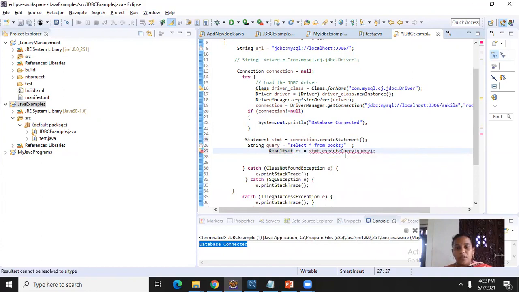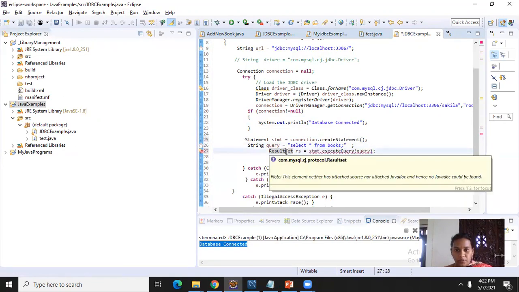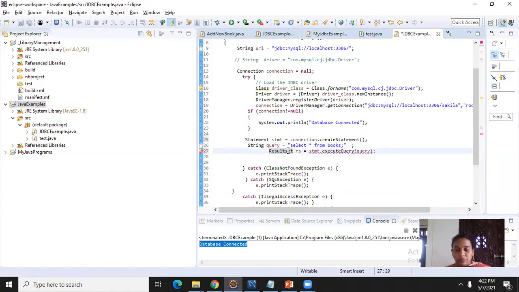So I am importing the result set object. I think there is some mistake in this result set declaration. Okay, this is the result set I am declaring, and statement dot execute query also.